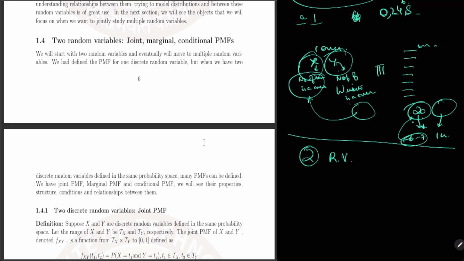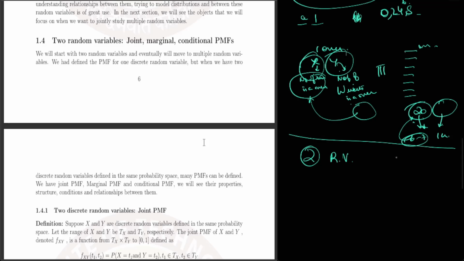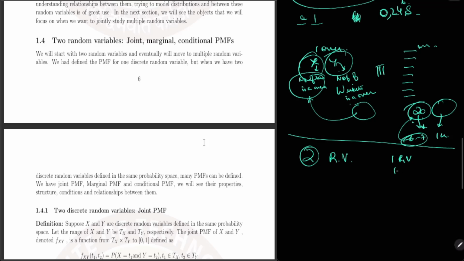We will start with two random variables and eventually we will move to multiple random variables. We have defined the PMF of one discrete random variable, but when we have two discrete random variables defined in the same probability space, many PMFs can be defined. We have joint PMF, marginal PMF and conditional PMF. In one RV there was only one PMF, but if there are two or more random variables, then we can have marginal PMF,